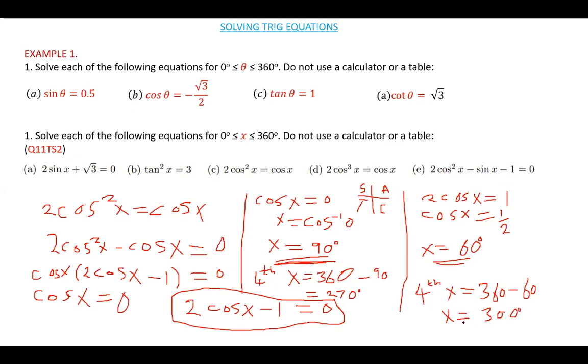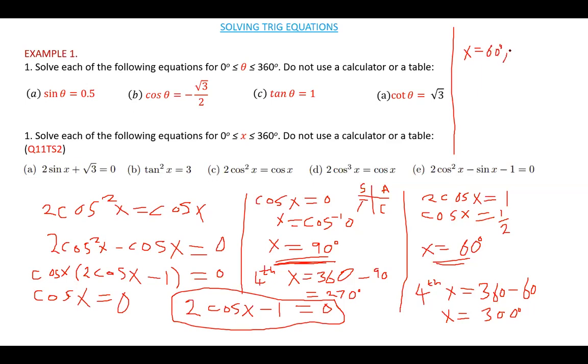So now, after finding all these values, you can go on and say my value of x is now equal to, you check on all the answers that you've gotten. Try to see which ones are in the range of 0 to 360, and then you write them as your answer there. So the smallest one that we have is 60 degrees,